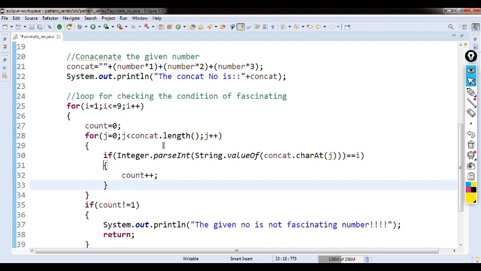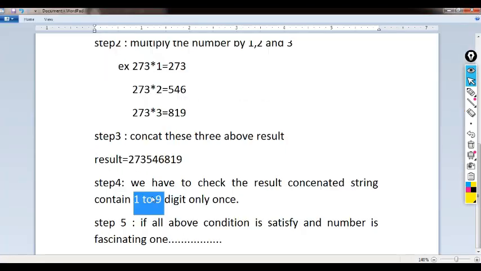For example, in our string we take 1, and then we search for 1 in this string. 2 equal to 1, no. 7 equal to 1, no. 3 equal to 1, no. 5 equal to 1, no. Like that we can check the occurrence of every digit from 1 to 9 in this string, and then we note that count.